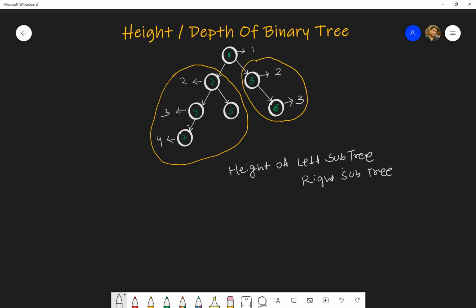Once we calculate this, the height of the left subtree is 4 and the height of the right subtree is 3.